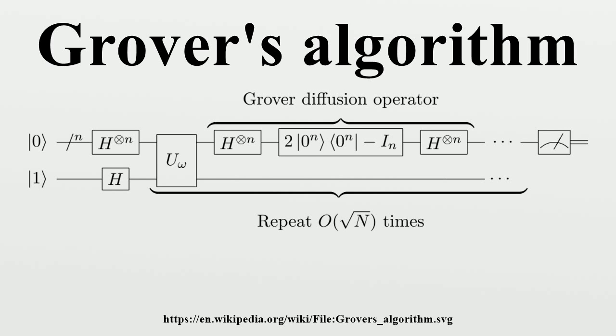Grover's algorithm could brute force a 128-bit symmetric cryptographic key in roughly 2^64 iterations, or a 256-bit key in roughly 2^128 iterations. As a result, it is sometimes suggested that symmetric key lengths be doubled to protect against future quantum attacks. Like many quantum algorithms, the analogous problem in classical computation cannot be solved in fewer than O of n evaluations. At roughly the same time that Grover published his algorithm, Bennett, Bernstein, Brassard, and Vazirani published a proof that no quantum